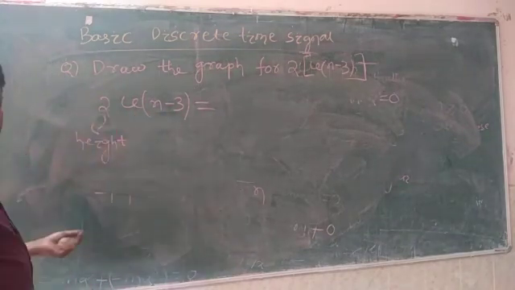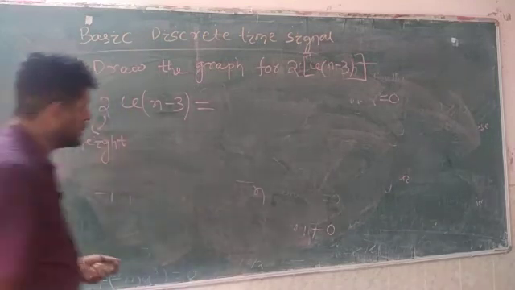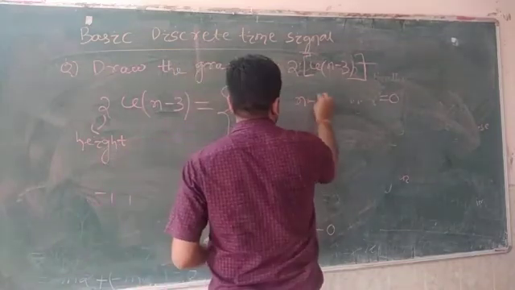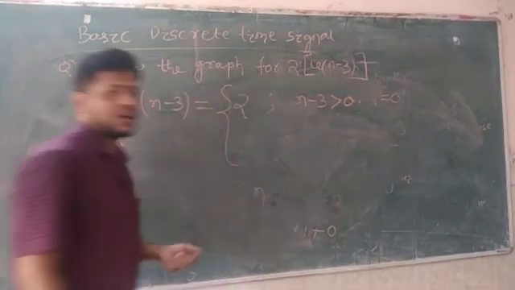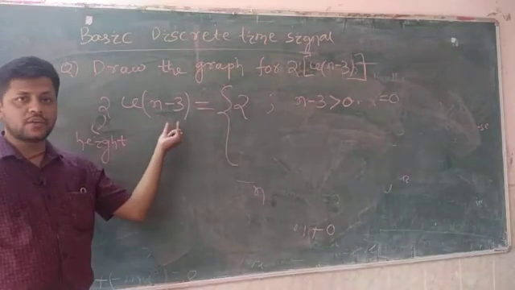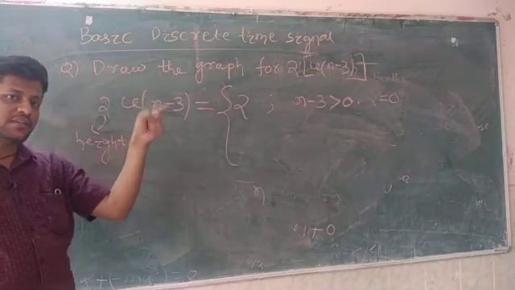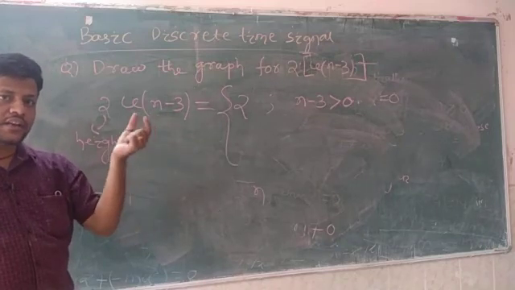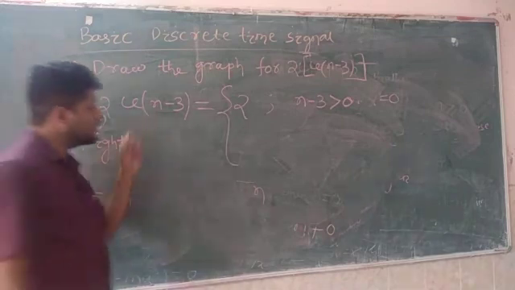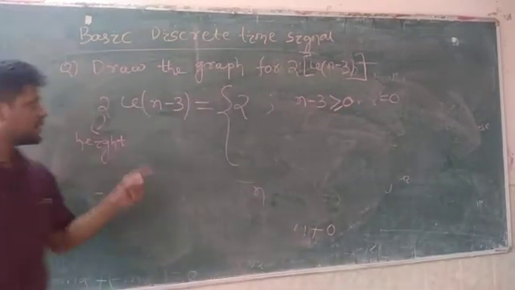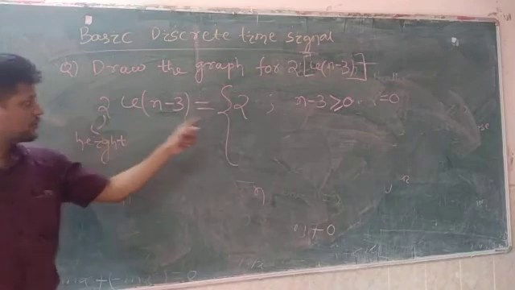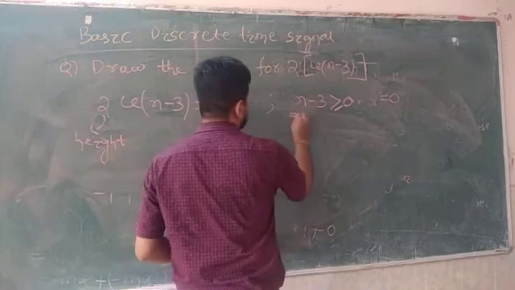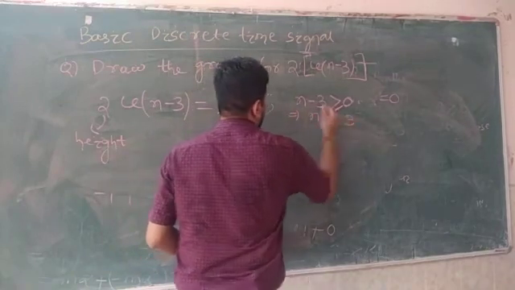And we have to see here, this u of n minus 3 value equals 2 only when n minus 3 is greater than 0. I have already told you, whatever may be in the bracket, you have to remember from the basic elementary signal. Basic elementary signal means u of n is equal to 1 only when inside the bracket, n is greater than or equal to 0. In this case, because the height is 2, this value equals 2 only when n minus 3 is greater than or equal to 0, which implies n greater than or equal to 3.